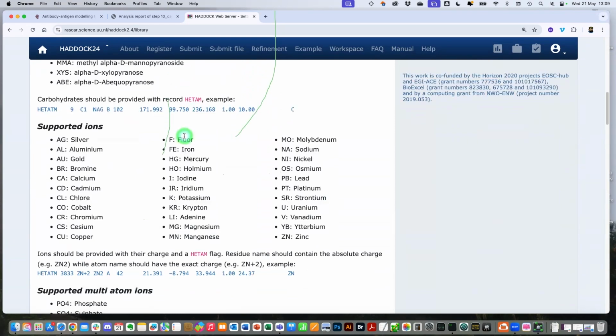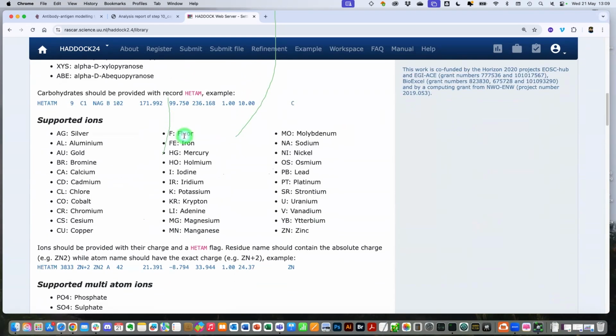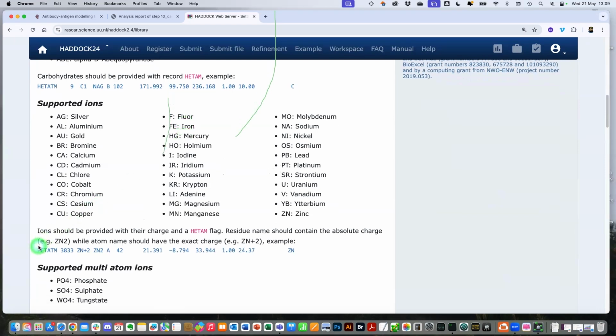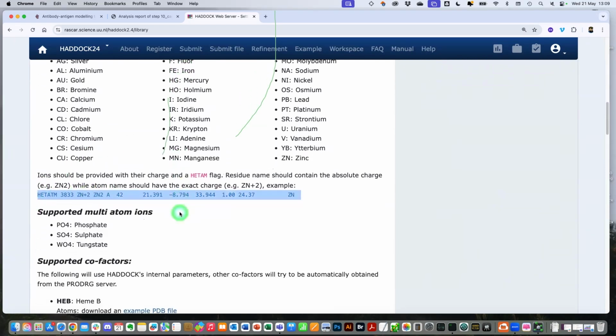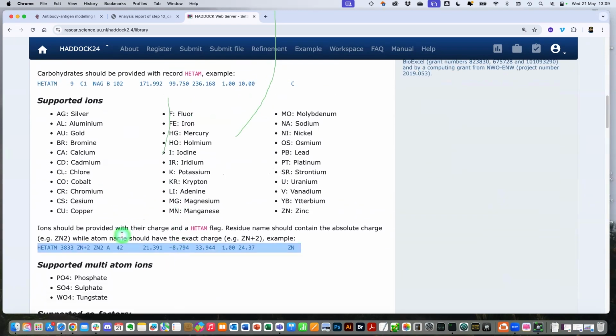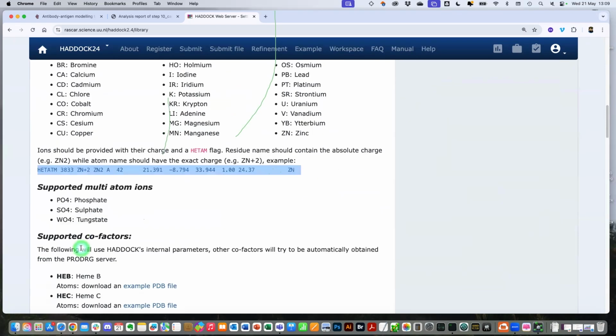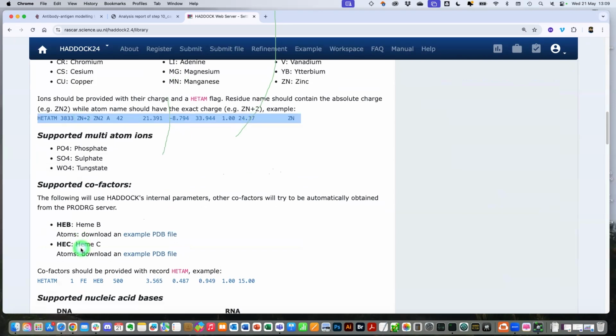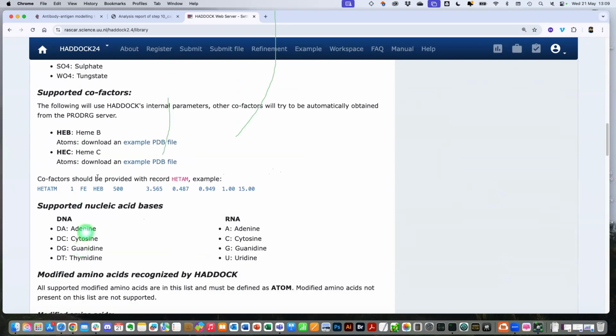These are the ions that are supported. There were people asking about docking ions. That might be tricky, but the ions need to be written in a format that specifies the charge state, because in a PDB file you will only find zinc, but some ions have multiple charge states possible. Iron is an example. So for knowing which parameter to use, you have to have the charge state. So we have phosphates, sulfates, heme groups,